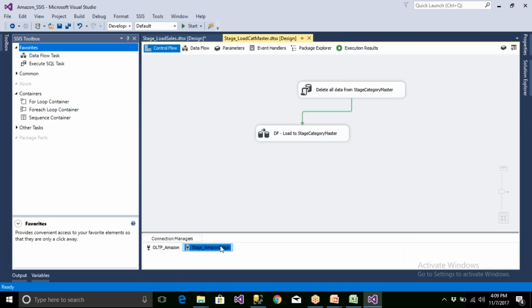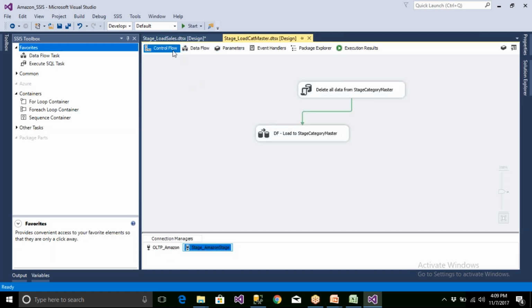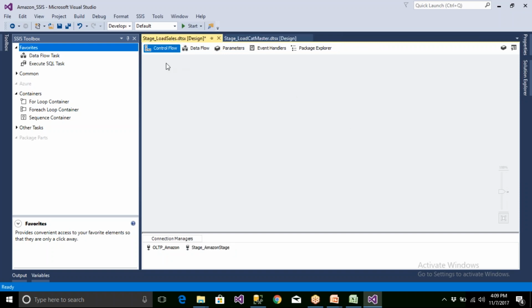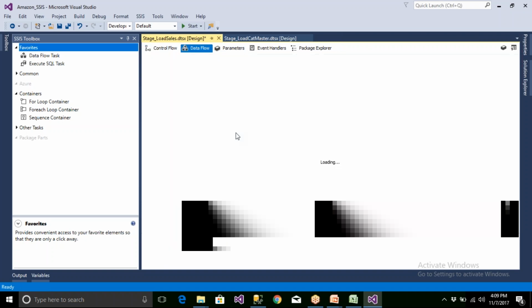Let me copy, Control C, and go to this and paste it here, and go to the control flow, select all, Control C, and come to this package, go to control flow, Control V. That's it. Double click on this.